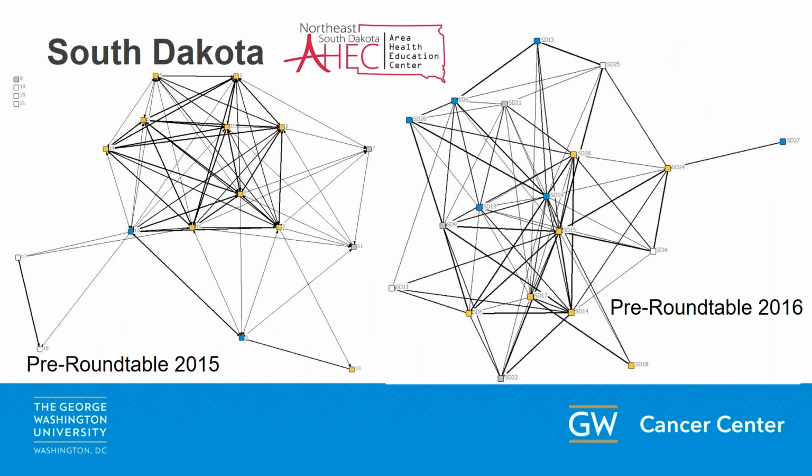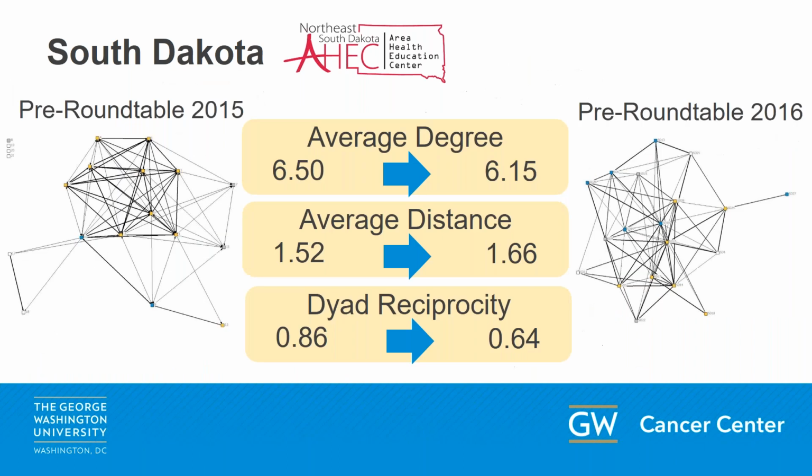So looking at the social network map, it appears that the cancer professionals in blue are better integrated into the network in 2016 compared to 2015, but let's also look at the indicators. South Dakota started the roundtable with a very strong network, only second to Kentucky. And although the average number of relationships per attendee went down slightly from 2015 to 2016, these indicators mirror what